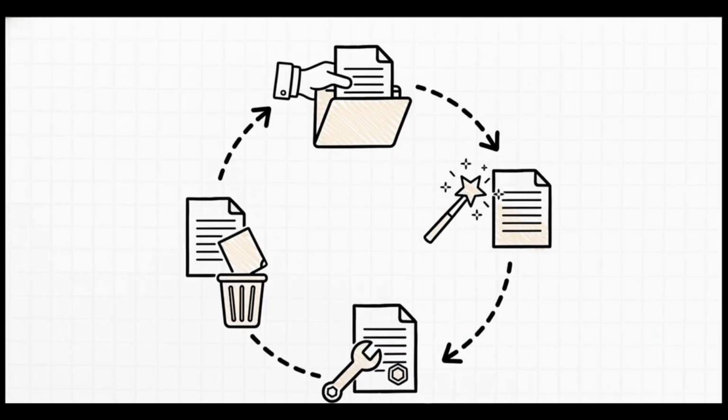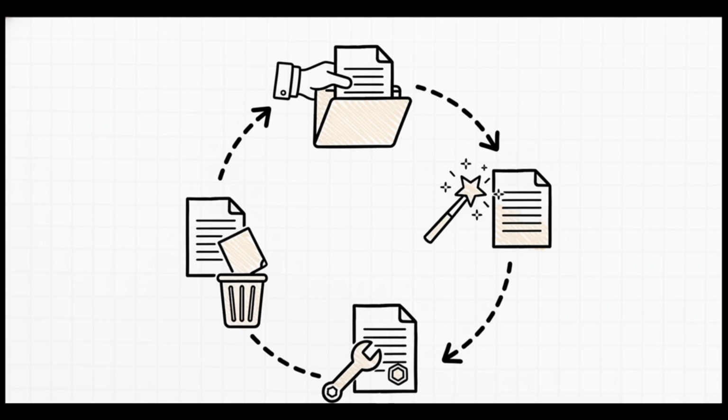To actually manipulate this resource data, REST uses standard HTTP methods. I like to think of these as the action verbs of the internet. Let's look at the lifecycle of a user database, for example. First up, you use a GET request to fetch a specific user's profile. Simple enough. Next, say a new user signs up. You'd use a POST request to insert their brand new data into the database.